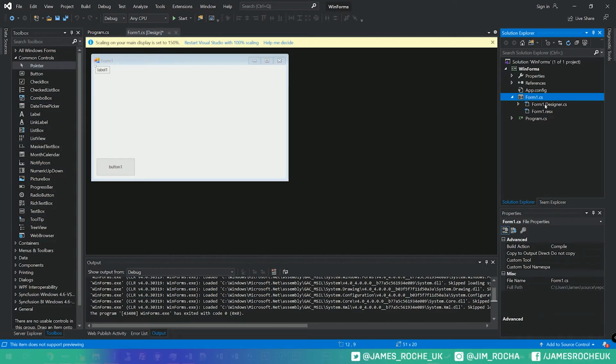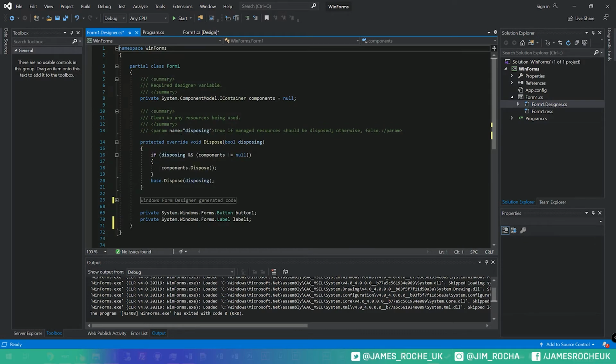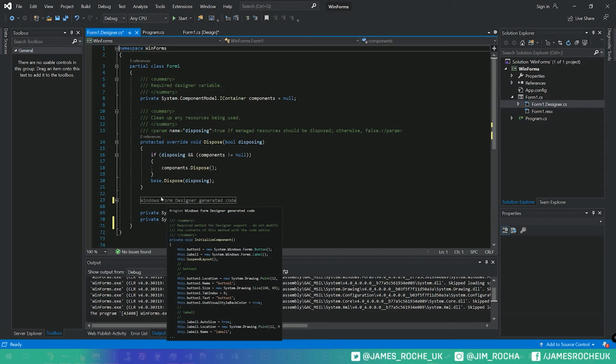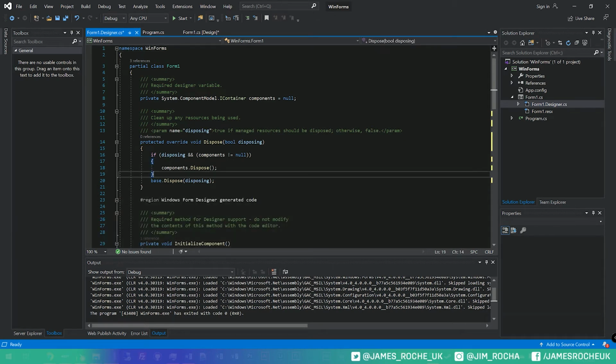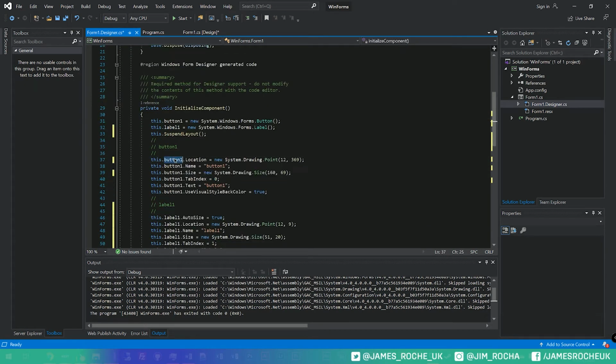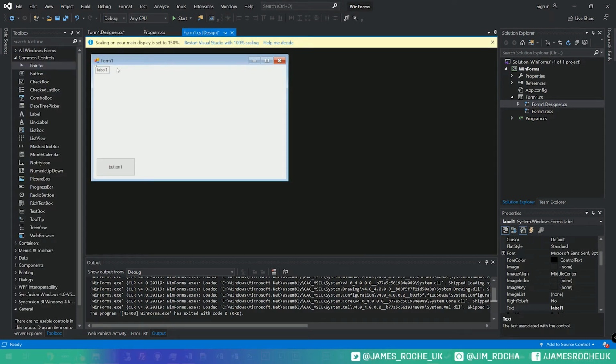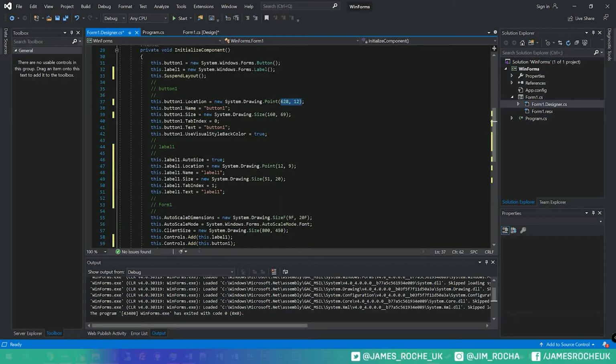And this Designer.cs file, if we double click it, this is what's being designed for us. And you'll see here it even says Windows Form Designer generated code. If we expand that region, we can see button1, we can see label1, we can see button1 is being drawn 12 across and 369 down. Is that right? Yep, 12 across, 369 down. If we move it up into this corner, you can see now it's 628 across and 12 down. So